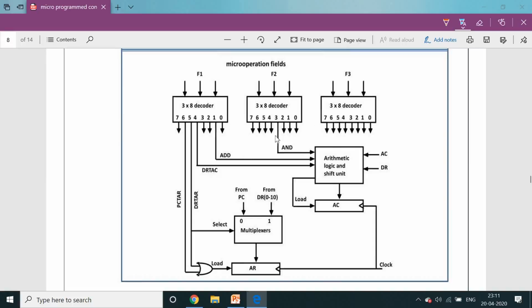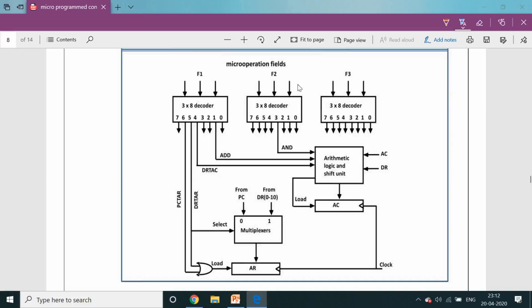In the arithmetic logical unit, we are connecting individual inputs. Here AND input, and here ADD and DR to AC, because the F field, that means the binary value, is 0 1 1.